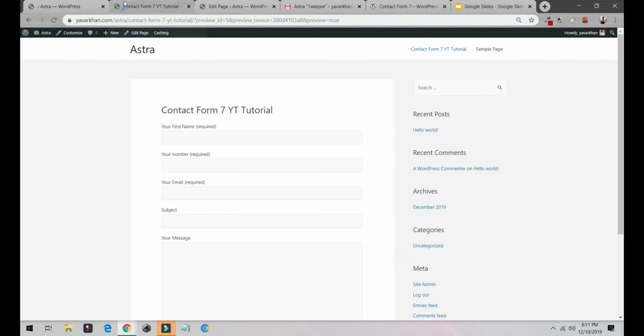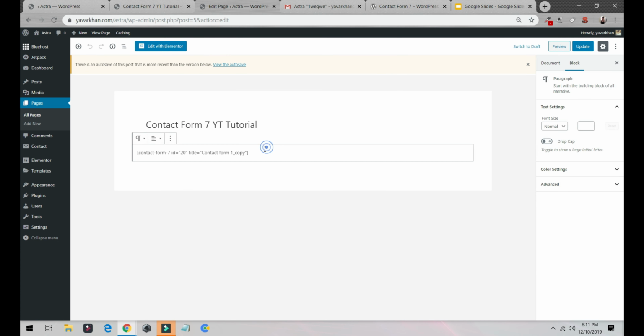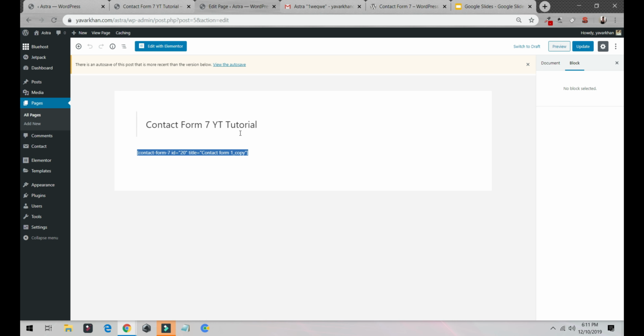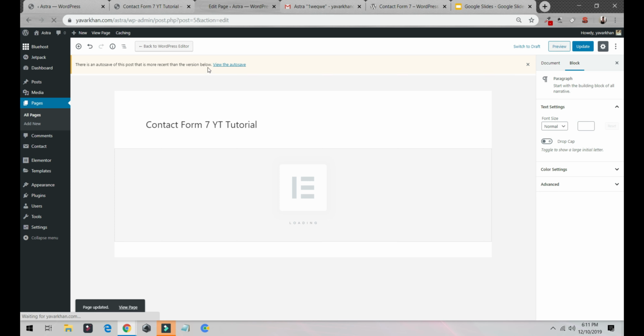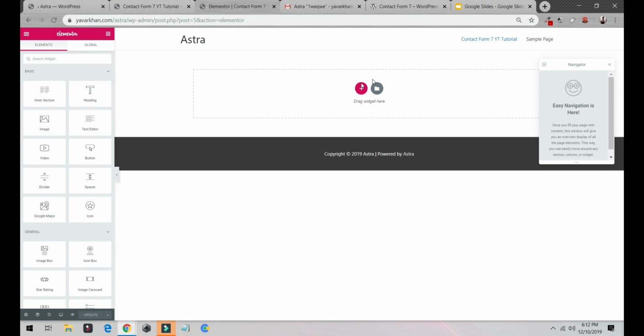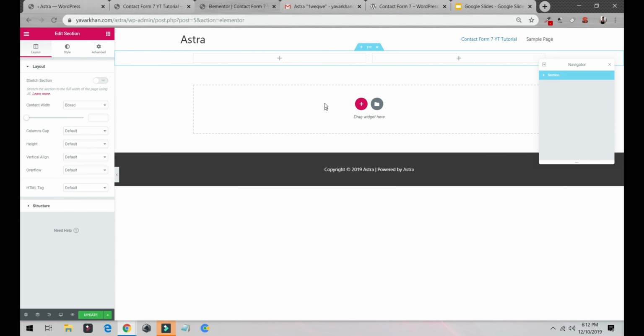Or what I'll do is just take this form. Okay, just copy this thing, then remove the block, update, and then edit with Elementor. I can just do edit with Elementor. So once I'm on my front page on my builder, so what I could do is just do this,